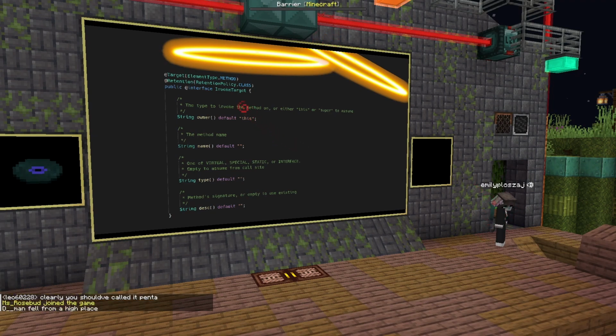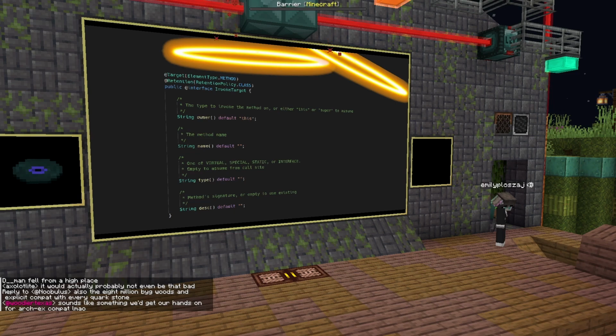I'm going to make sure the parameters are correct so the stack lines up, but in this case, init takes nothing and returns nothing, so it's simple. Then, when my Mixin is loaded, I go through and remove all of the methods tagged with invoke target and keep track of what they were.